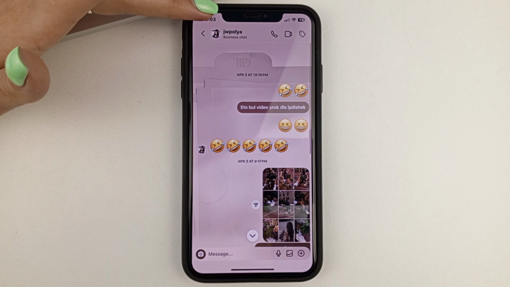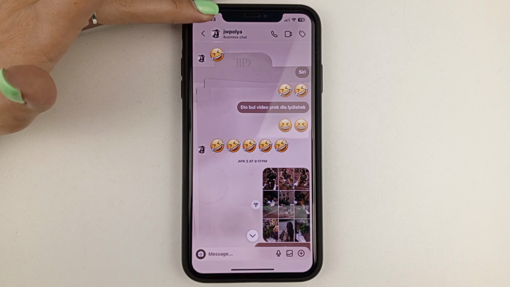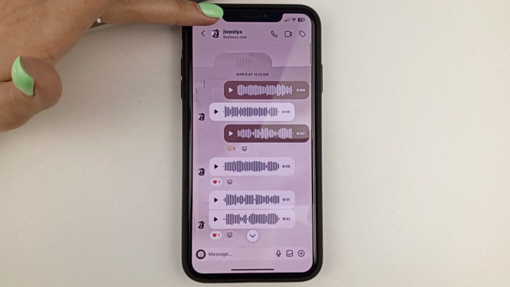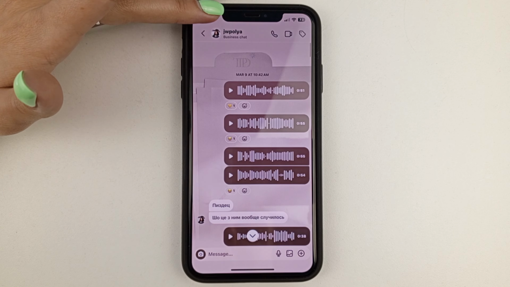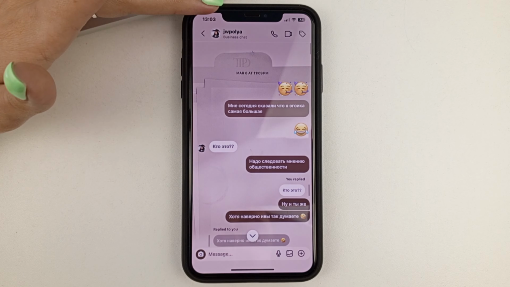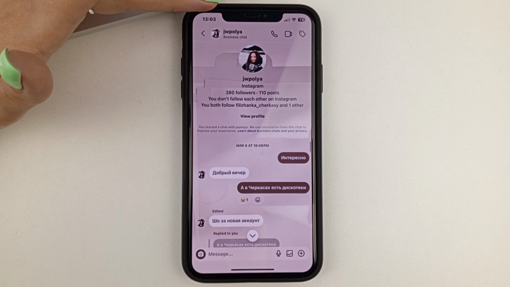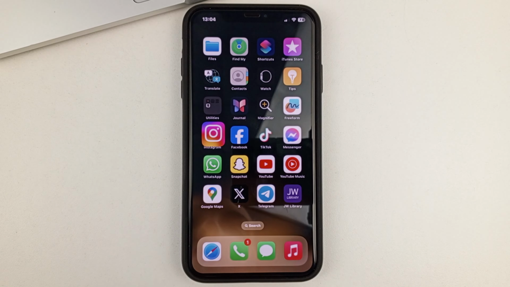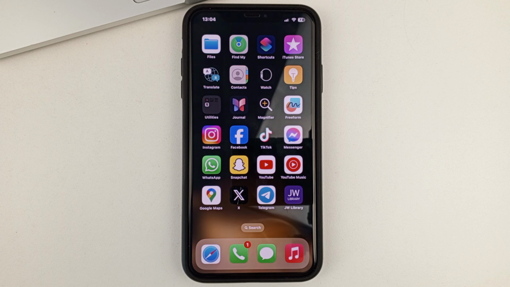But if you take a conversation where there's a lot of messages, you click on this button and all the time, as you can see, the messages will be loaded. So you're just scrolling much faster than you would, for example, with your finger. And as you can see, pretty quickly we got to the beginning of the correspondence. So this is the very simple way that you can see the very beginning of your Instagram posts without scrolling.